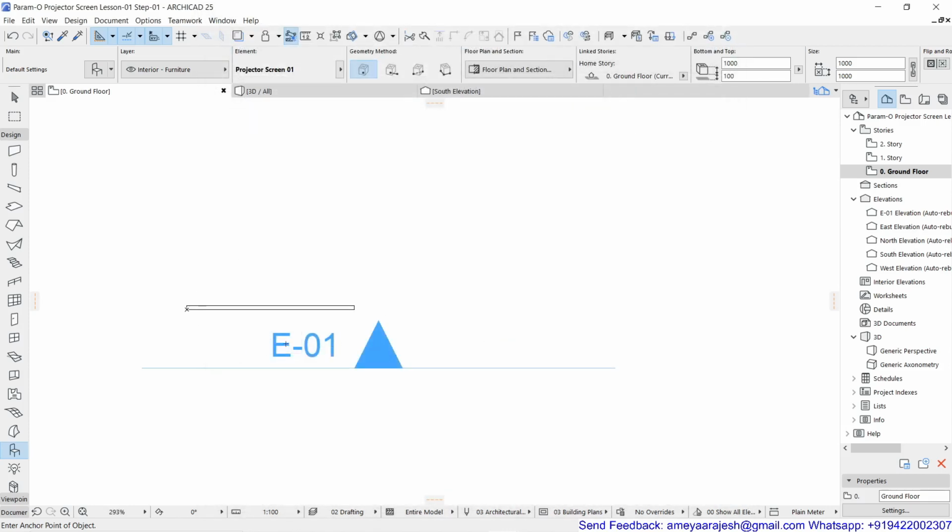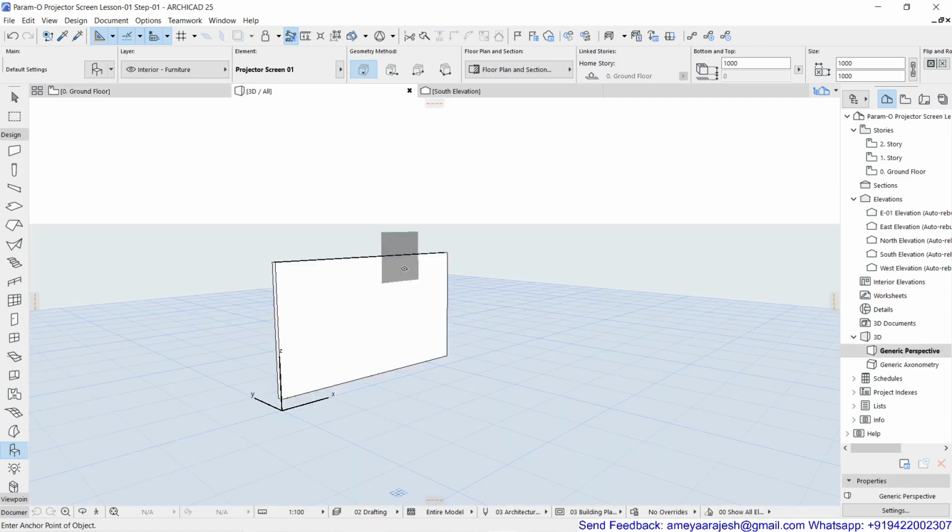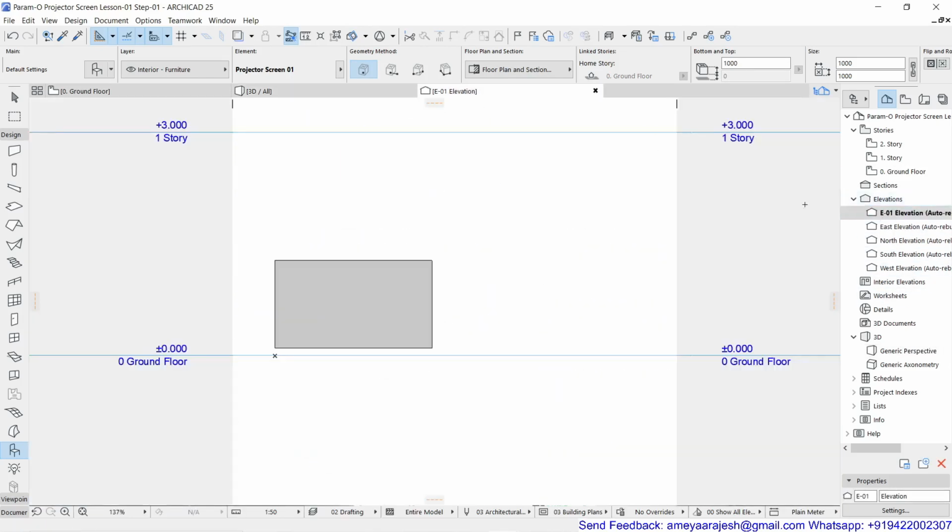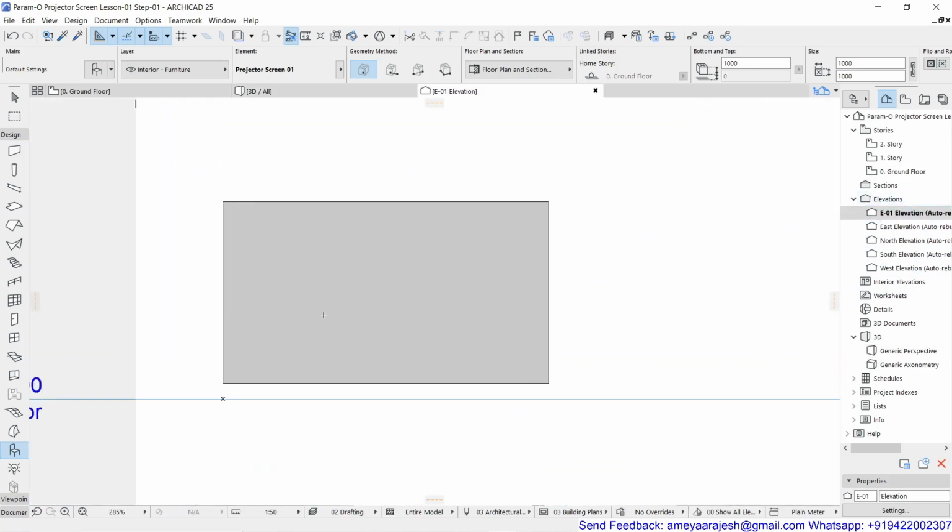If you want to see this in 3D, it is in your 3D view. And in the same way, you can check that this is how it is supposed to look in the elevation. Now, you can also use the measure tool to measure the distance. From here to here, it is 2400. This is the width and this is the height.